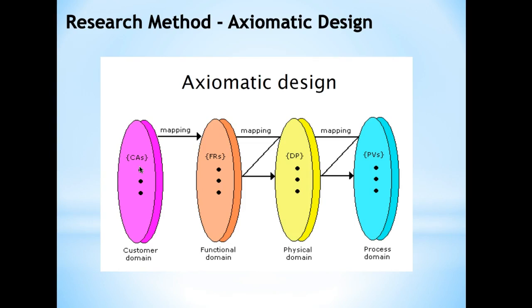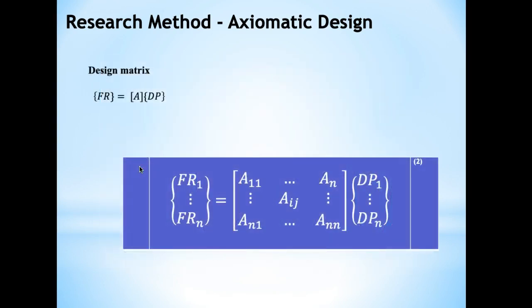But if you analyze the picture carefully, you could clearly see a kind of zigzag arrow between the functional domain and the physical domain, and between the physical domain and the process domain. That means that one can map FRs to DPs, and if you're not satisfied with the result, you come back again to the FR, to the next level of FR, you decompose it again, and to the newly decomposed FR, you associate new DPs again. But let's talk a little bit more about that in the next slide.